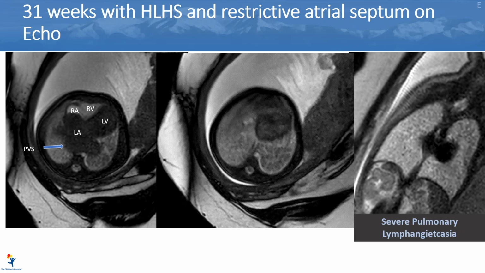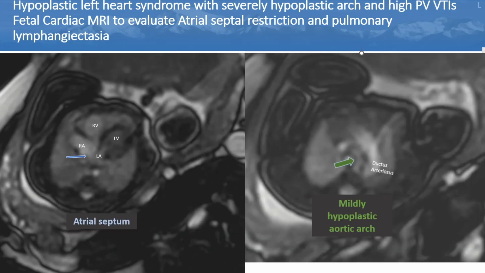This is the cine images from that. I've certainly never seen such a degree of atrial septum restriction before, and you can see the degree of pulmonary lymphangiectasia is really, really marked, and even on these cine images, you can see there's pleural effusion and really marked septal edema there, and this is the T2 HASTE of the same patient. So certainly no difficulty in making the diagnosis of atrial restriction in this case, but I think the majority of our cases, I do find,